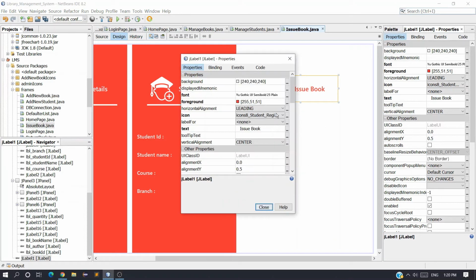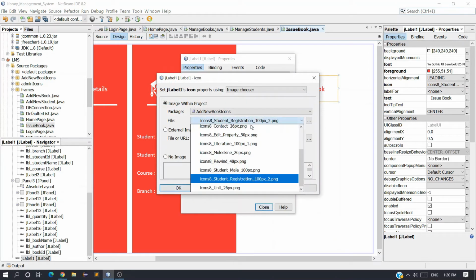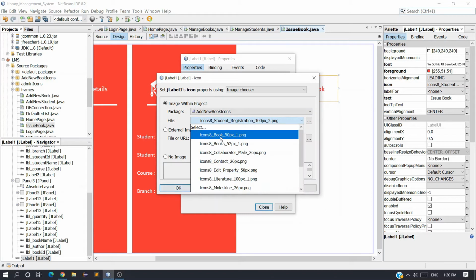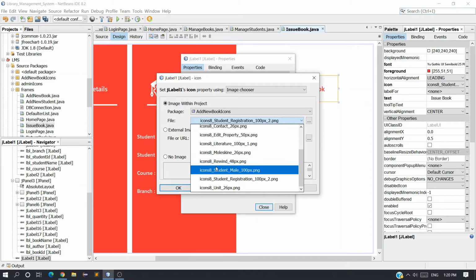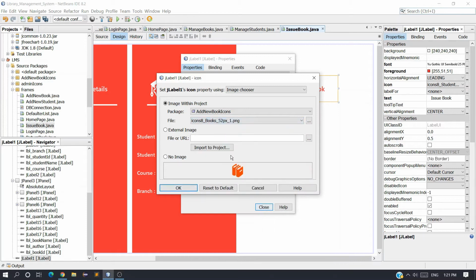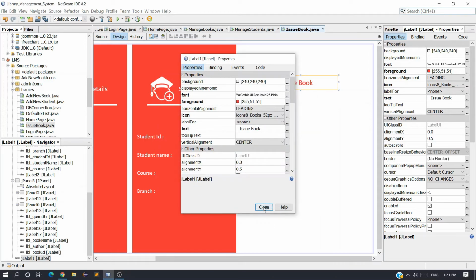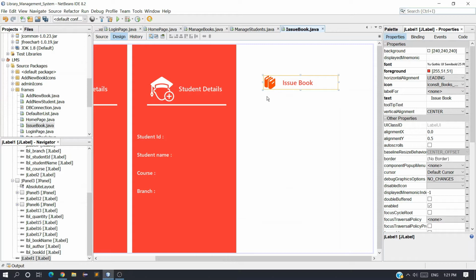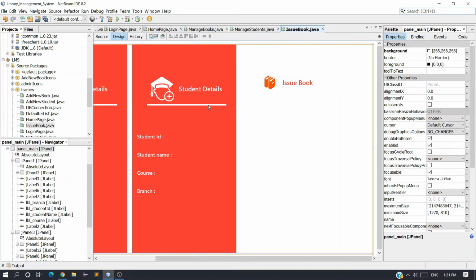Go to properties, and here you will see an icon called contact book. Okay, this one, select the book. Now copy this underline also, Ctrl C and paste it here.